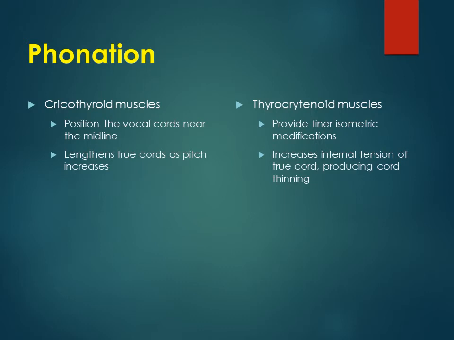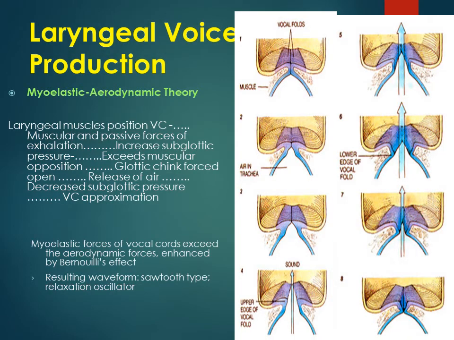And the thyroarytenoid muscle increases the internal tension of the true vocal folds, causing cord thinning, also increasing the pitch. Here is laryngeal voice production. It's the myoelastic aerodynamic theory, where the laryngeal muscles set the position of the vocal folds. During expiration, subglottic pressure develops below the level of the vocal folds, which is increased, and